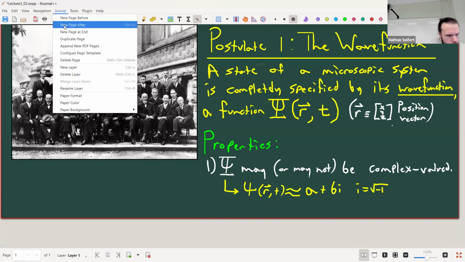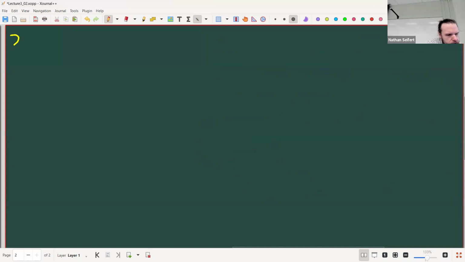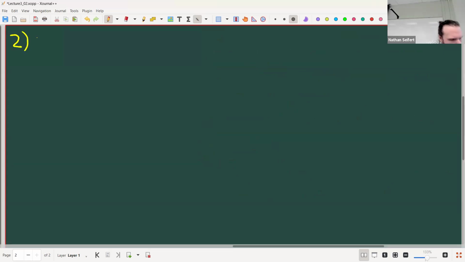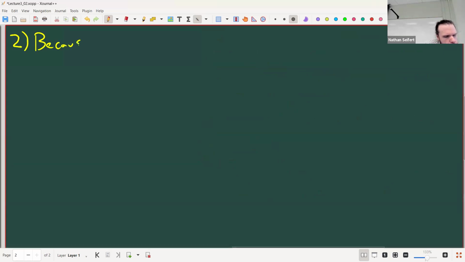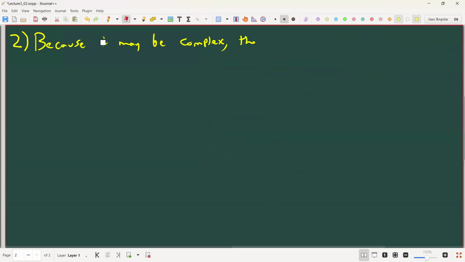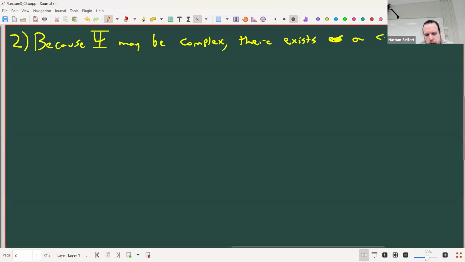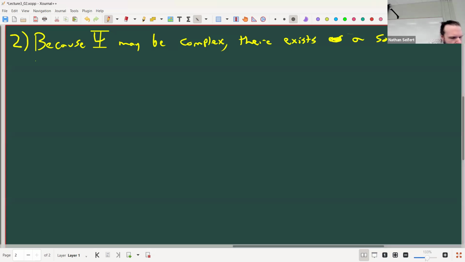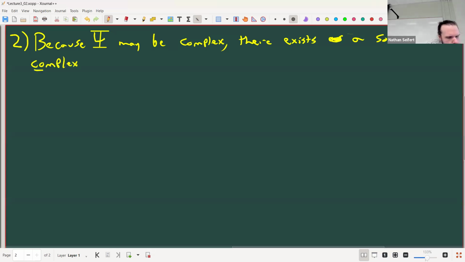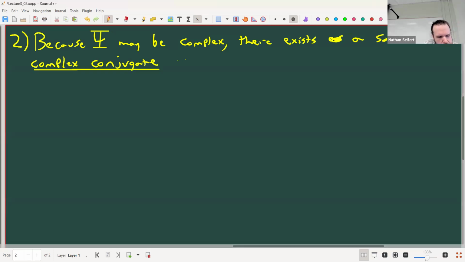I'm going to go to the next page. All right, so the second property is that, sorry, I should be more specific: because psi may be complex, there exists a so-called complex conjugate of psi,